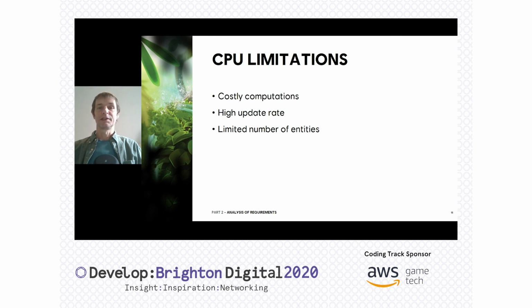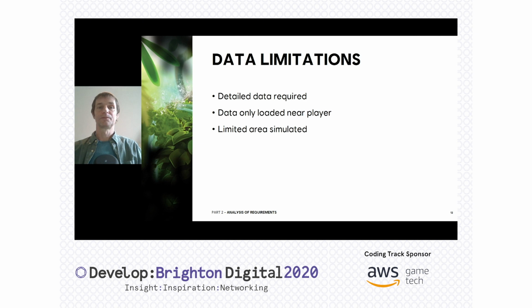The cost of each system increases as the number of entities it has to deal with increases. So the CPU usage is normally controlled by putting limits on the number of active objects within a particular area. Typically, games would limit the number of active NPCs to be 20 or 30 at any given time. As well as limiting the number of NPCs, the simulation is typically limited in area as well.